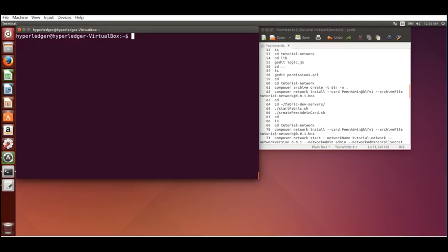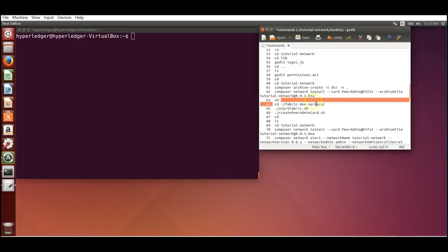Let's start. First thing that I want to do is install the Fabric infrastructure. I have saved all the commands in a file, and we will provide the detailed list of what I'm doing, even though I may be skipping through a couple of steps. The detailed list of how you can do this yourself will be provided, though it is not required. It may require you to download a virtual machine image of about 3 GB, and if you want to do that, you can go ahead, or just watch the video. First thing is I'm in a base directory of the VirtualBox, and I've installed it and imported it.